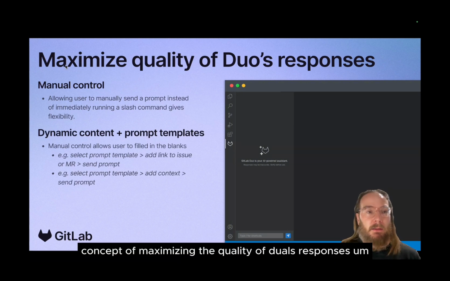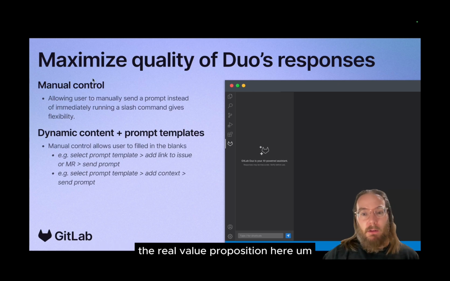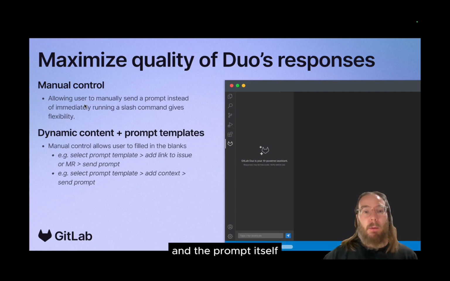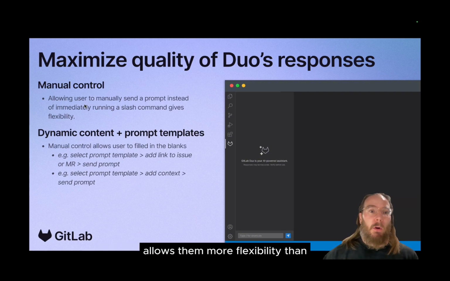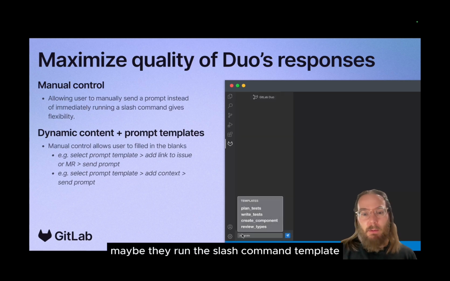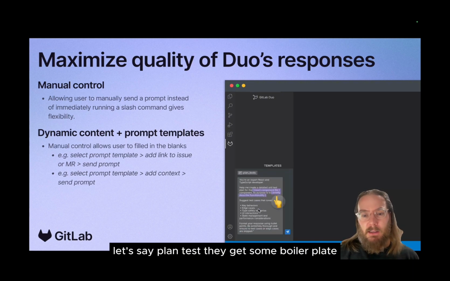Continuing on this concept of maximizing the quality of Duo's responses, I really think manual control is the real value proposition here. Giving the user more control over when it runs and the prompt itself allows them more flexibility than, say, our typical slash commands. So you can see here, maybe they run the slash command template. They select one of their prompt templates, let's say plan tests.